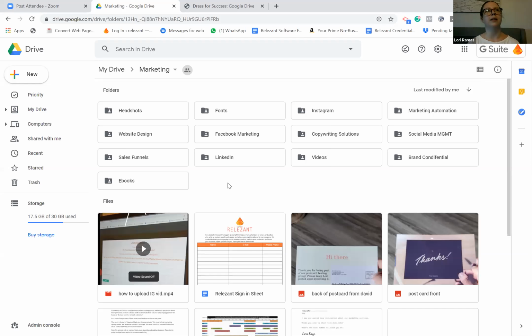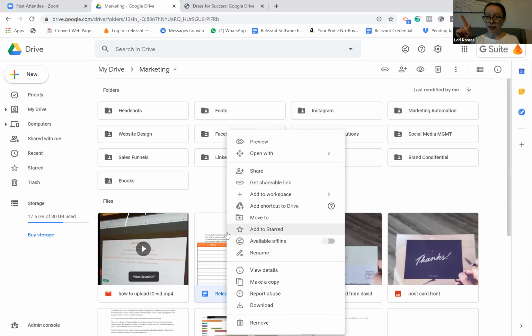There's a couple of ways depending on where you are in your process. I would say dragging and dropping is the fastest. You can also right click, and there's an option to move to.